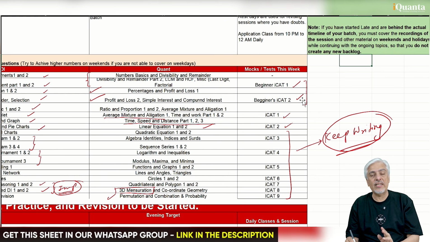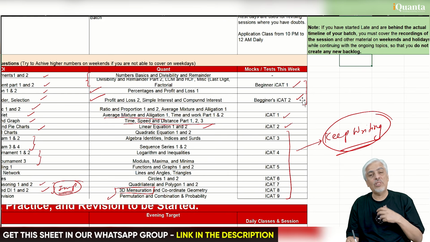a mock is 2 hours, right? 40 minutes, 40 minutes, 40 minutes, 120 minutes. A mock is 2 hours. You should keep one section test ready. I'll repeat this. Every time you finish a mock, you should keep one section test ready, which means as soon as you finish that 120 minutes, your next section test has to start.